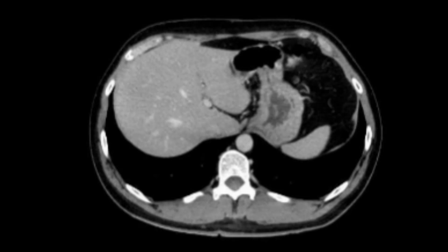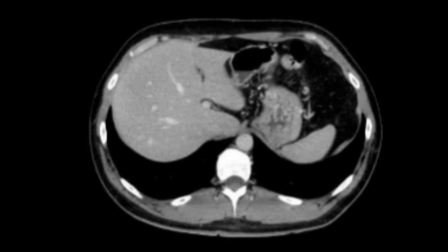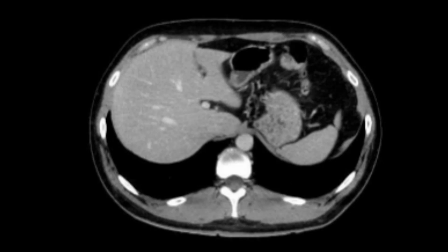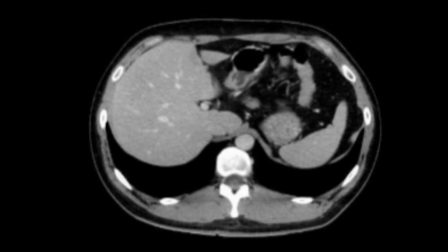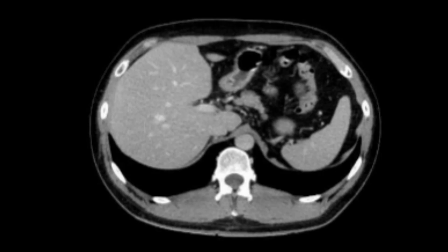You remember the fatty tissues are usually hypointense on CT images, so they are dark in color. As I descend further down, the pyloric antrum appears. It kind of crosses the midline and turns to the right and goes closer to the liver, which is on the right side. Now you see how the pyloric antrum continues with the